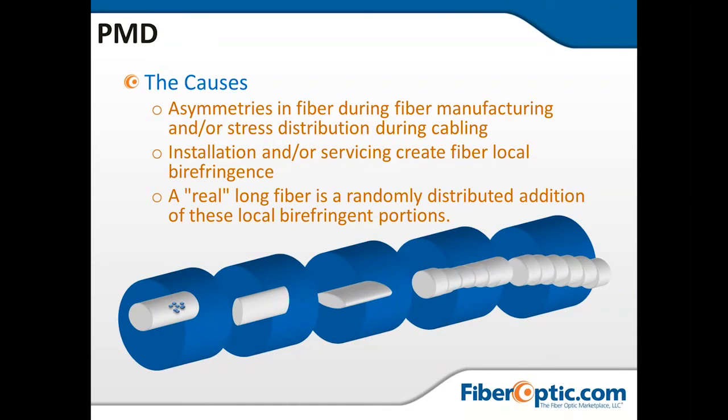Now, polarization mode dispersion is based on the idea that single mode fiber or single mode signals actually have two polarization axes the same way as radio. It's not surprising. It's an electromagnetic signal. It's just operating in the infrared portion of the spectrum, but it's not going to act in a lot of ways very different than radio,